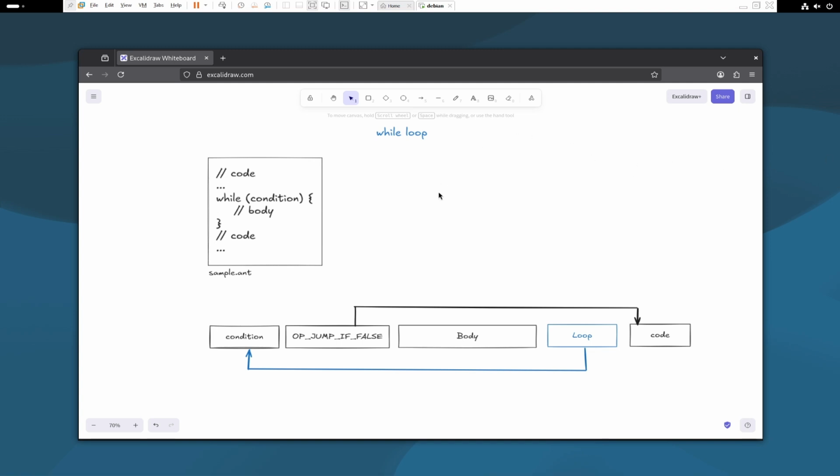Hello guys, in today's session we will treat while loops. As you see here we have an example of a while loop. So we have some code, a previous code before the while and an after code after the while. So we have the keyword while, and inside the parentheses we need a condition to loop over, and inside the while we have the body. So until the condition will be false, then we will jump to the next code and continue executing the rest